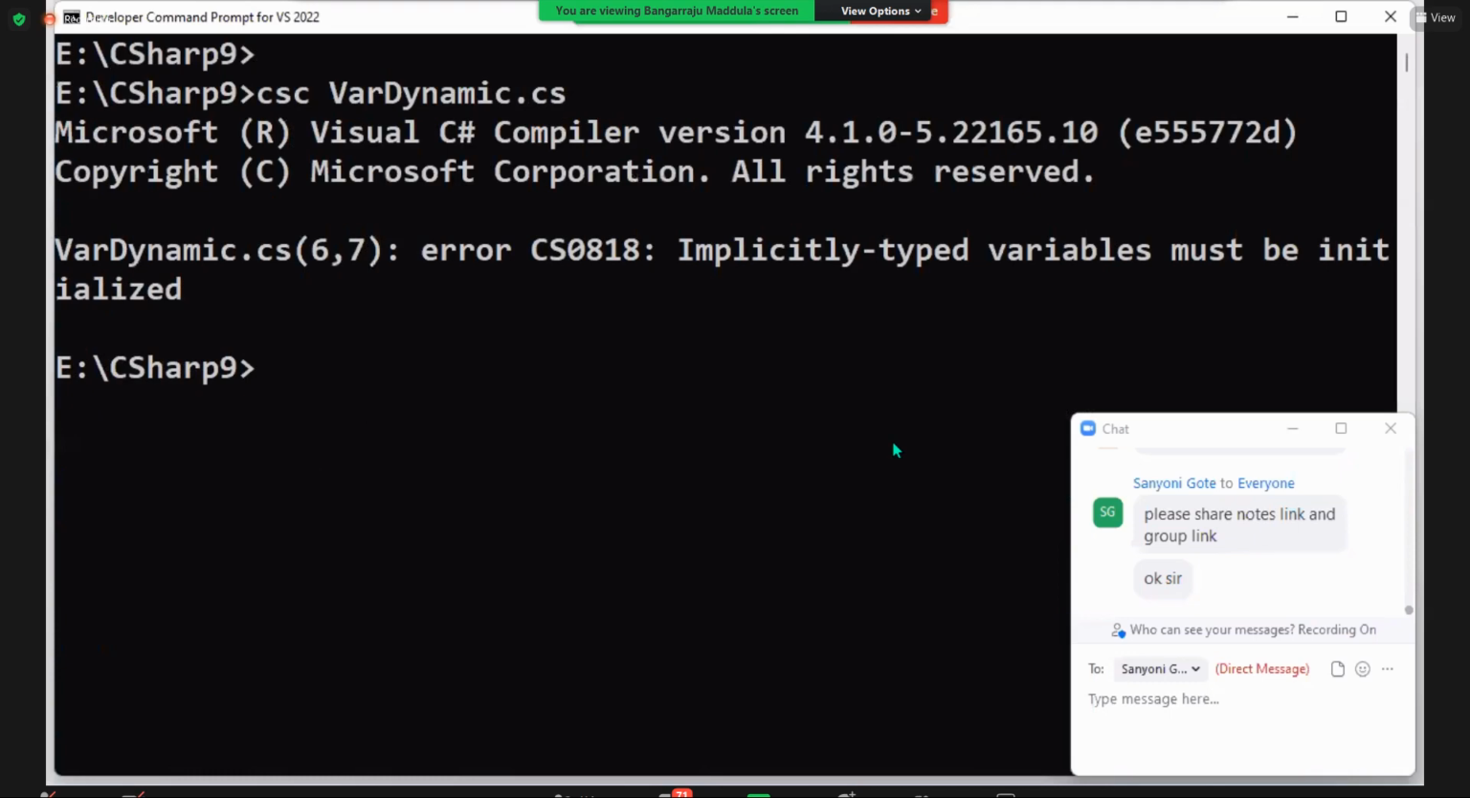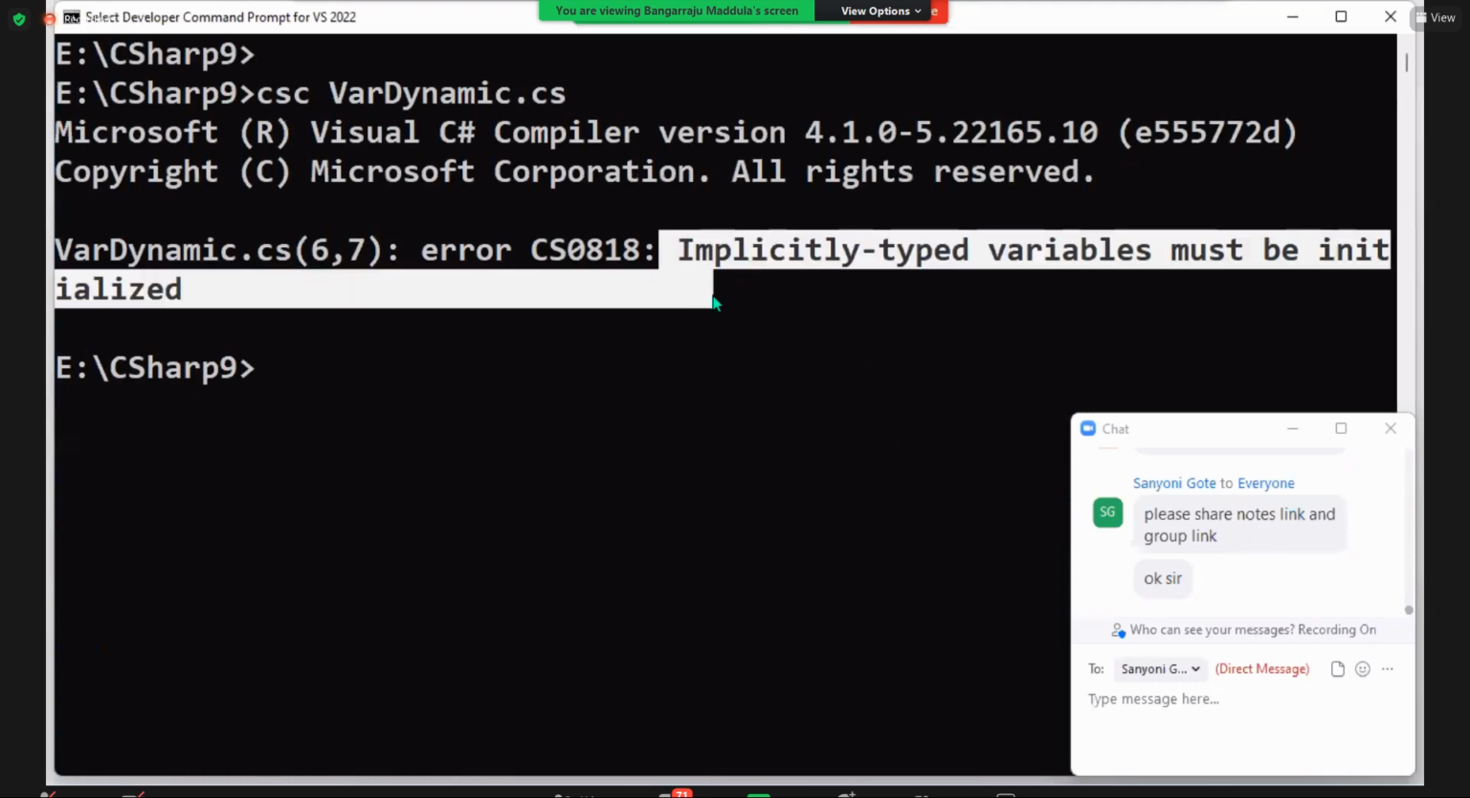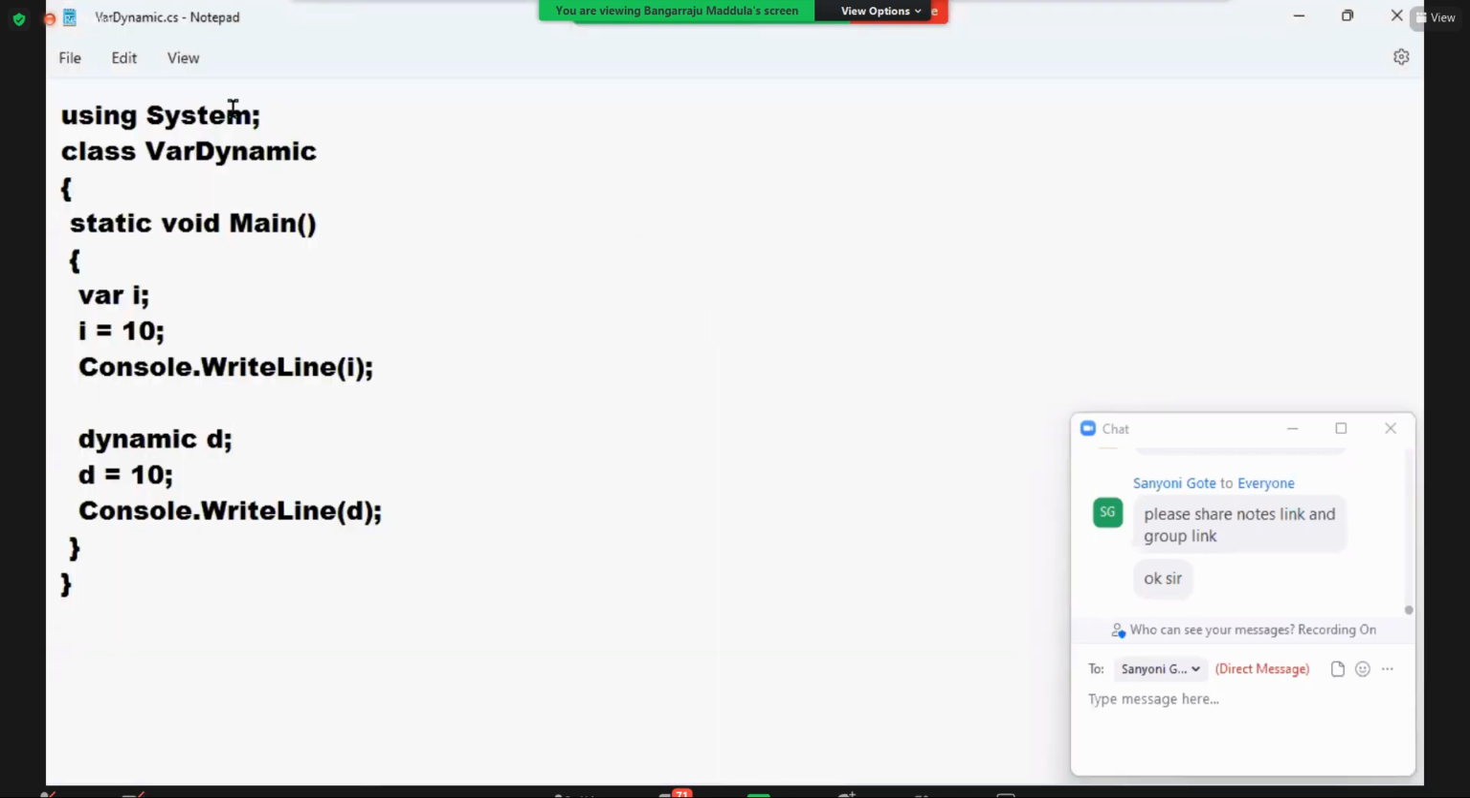Yeah, error C. But it did not say that for dynamic. That's not saying for dynamic. Error on line number 6. See, 1, 2, 3, 4, 5. Error there. Okay. So,